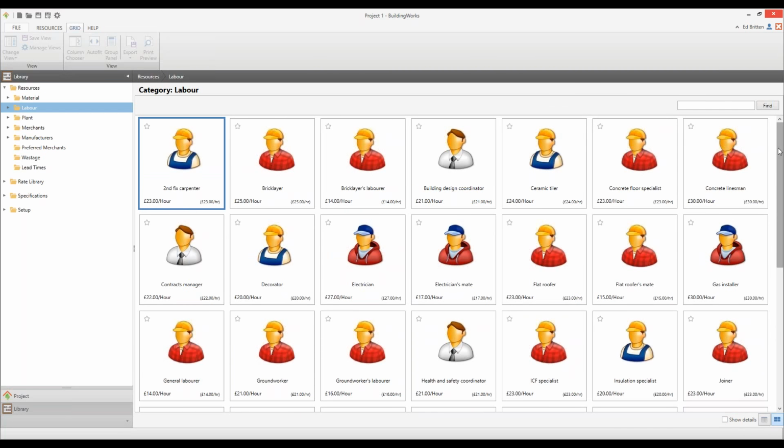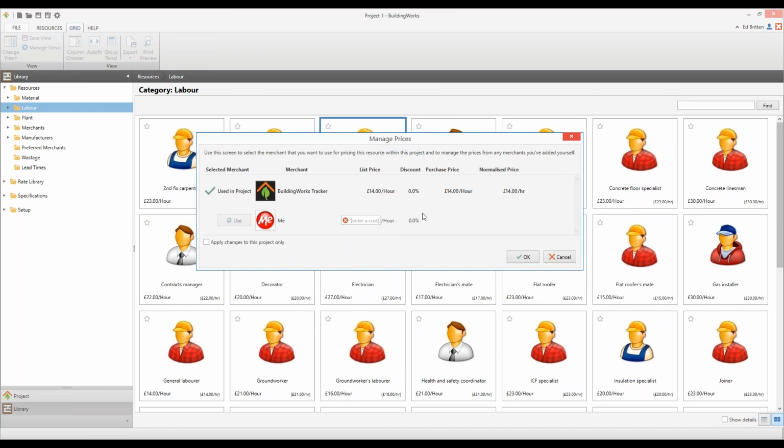And it's very simple to change the rate. You right-click on the labour that you'd like to change. You click on the button that says Set Price. And basically there are two choices. There's either Building Works price or there's your price, which is known as Me. So if your